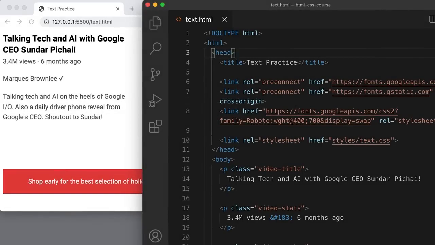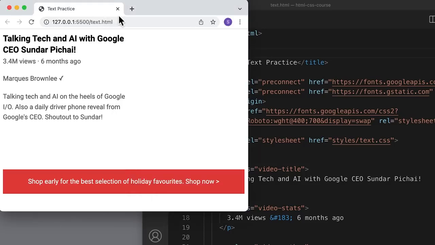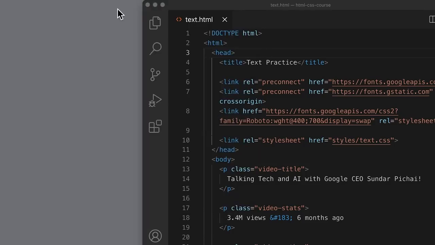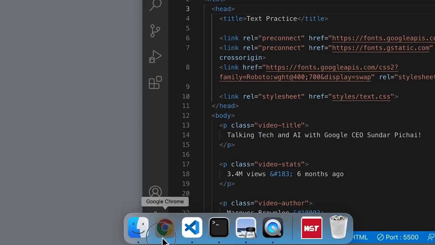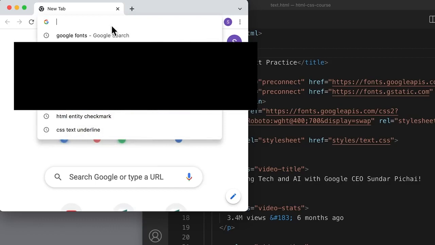Now we're ready to work on the final project of this course, recreating YouTube.com. Just like before, I've created a page on my website that'll show us what the final project looks like. So first, we're going to close all of our browser tabs because we're going to start over again. And then we're going to open a new page. And we're going to go to